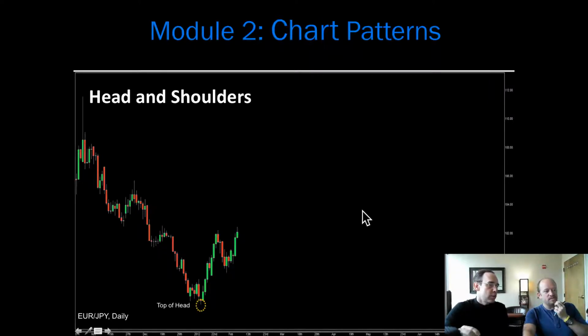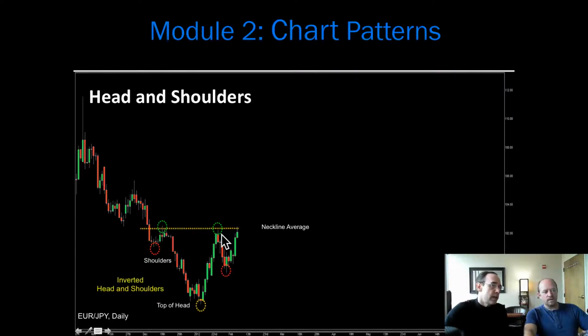Well, Randy, we talked about reversal patterns like the head and shoulders at the top of a chart run. Well, actually, on the bottom of a run, once the price has fallen, we have what we call inverted. Some people say that's upside down, but the technical term is inverted head and shoulders. Again, you can see here we have the top of the head, as if we take the regular head and shoulders and just stand it on its head. We have the top of the shoulders. Again, we have in the green dotted circles the average neckline.